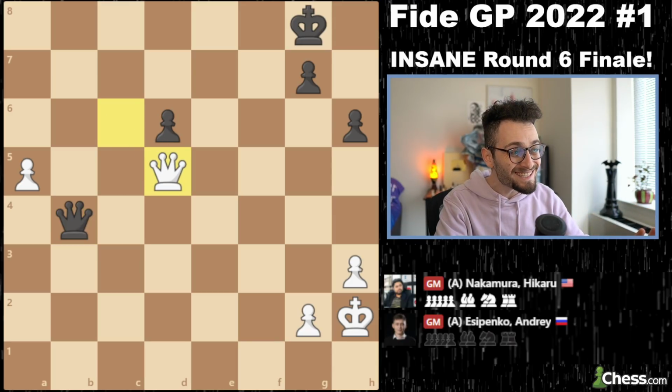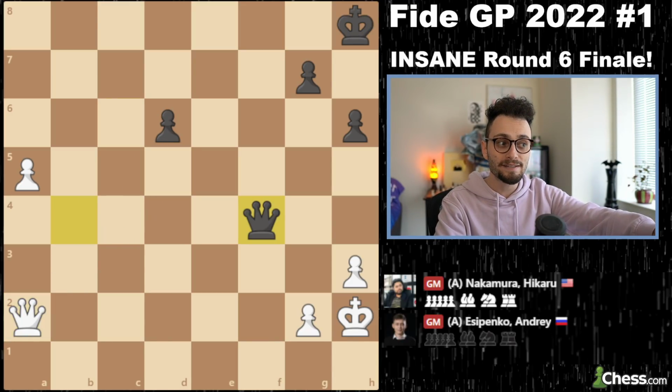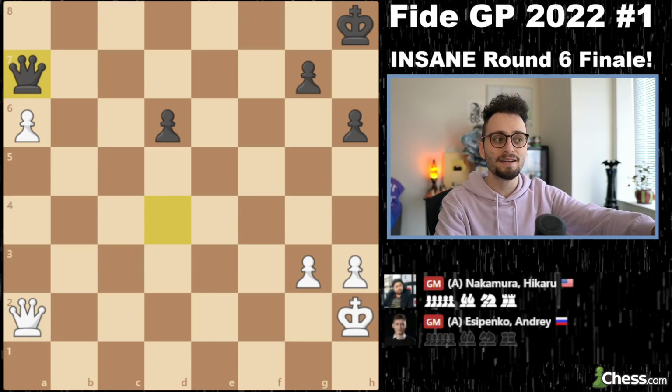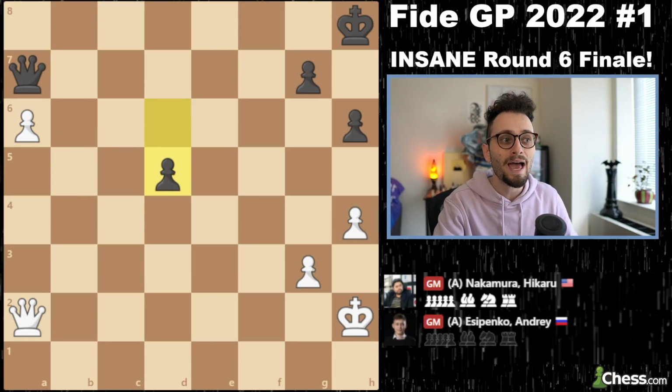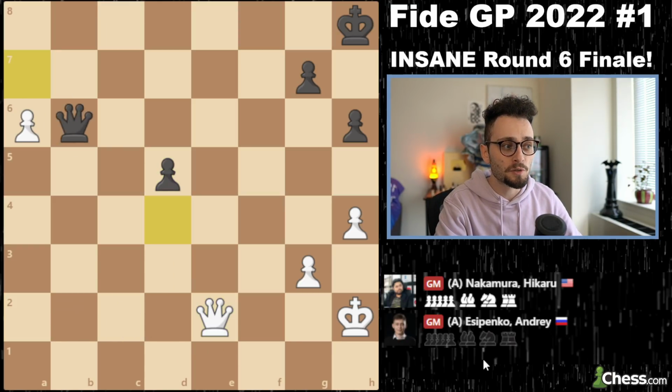It's still not the easiest thing in the world. White does have this a-pawn. But Black finds the best defense. Hikaru gets the queen back and uses his d-pawn as a decoy for the white position. He pushes the pawn